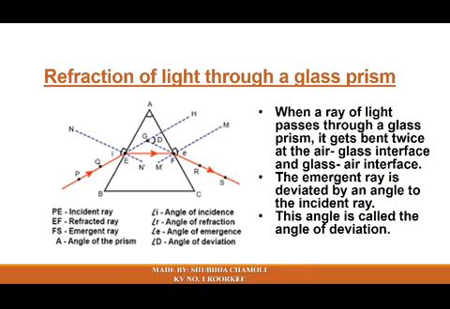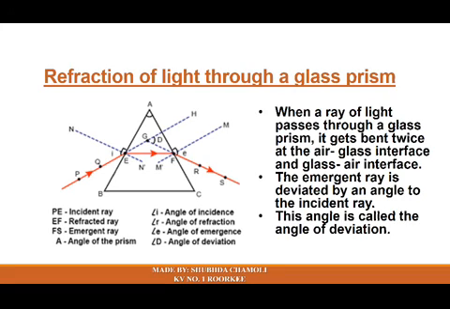Here a glass prism is taken as shown in the figure. When a ray of light passes through a glass prism, it gets bent twice, at the air-glass interface and then at the glass-air interface. As you can see in this figure, the ray of light PE is entering into the